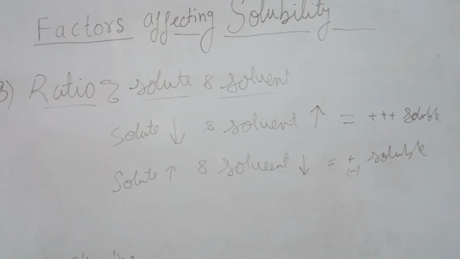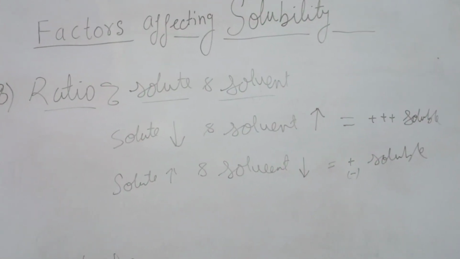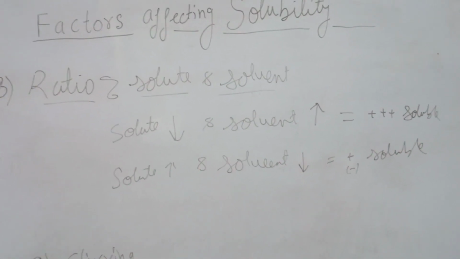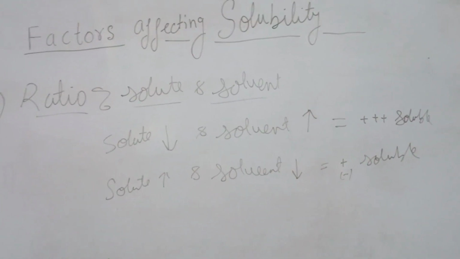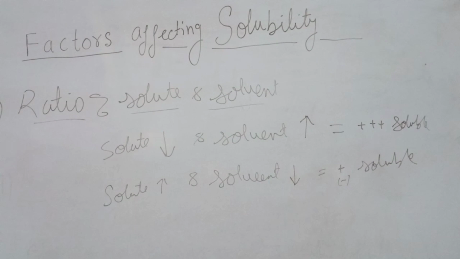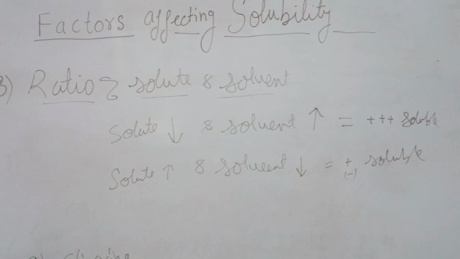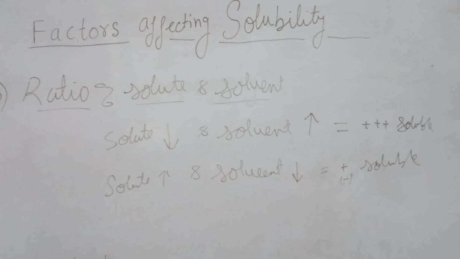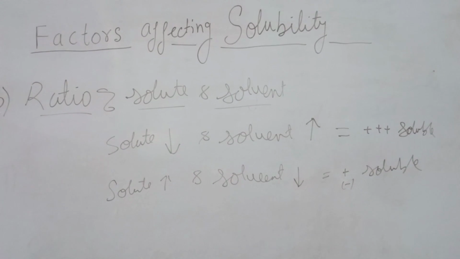Practically, as I discussed, when we are comparing the ratio of solute and solvent in a solution, in order to achieve better solubility, the solute must be present in a small quantity compared to the solvent, and once this is the case, the solubility is practically higher. And contrary, in another case where the ratio of solute and solvent is such that the quantity of solute is comparatively greater than the net quantity of solvent.